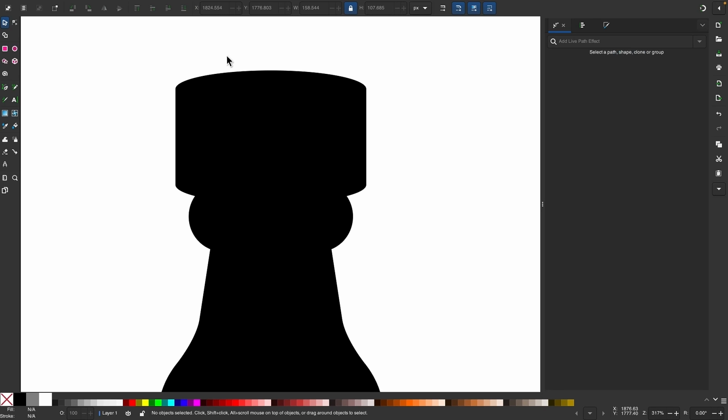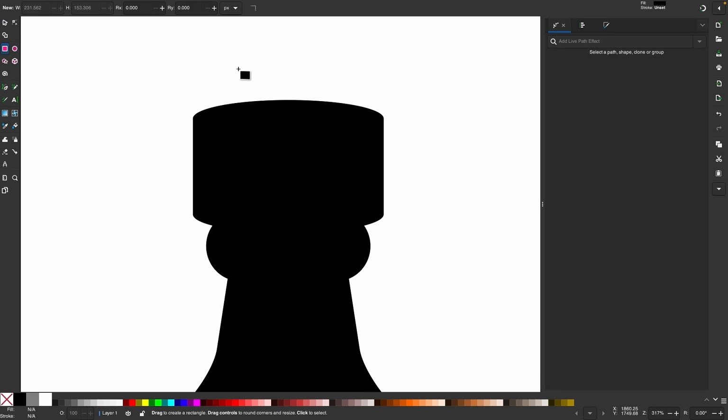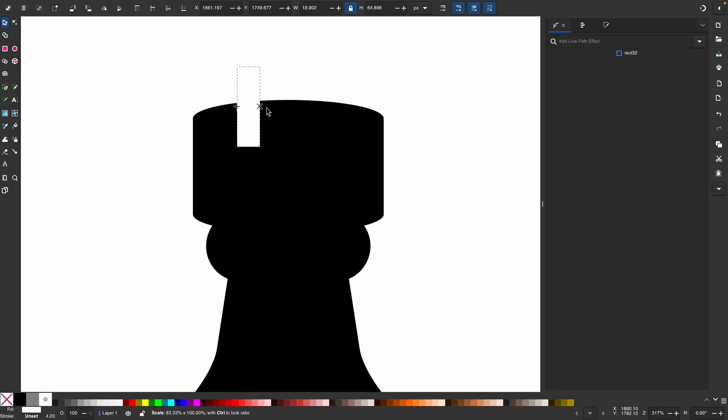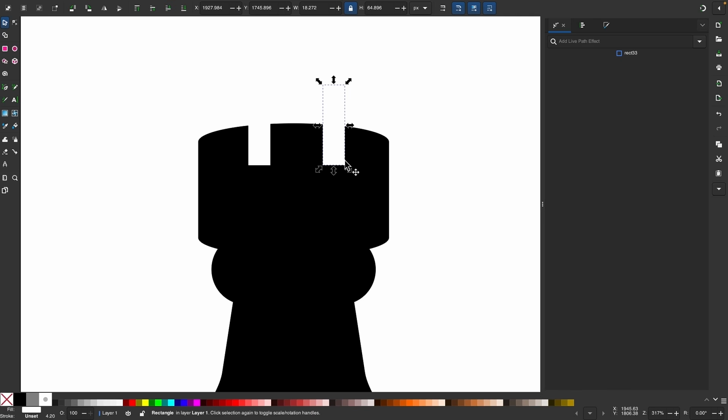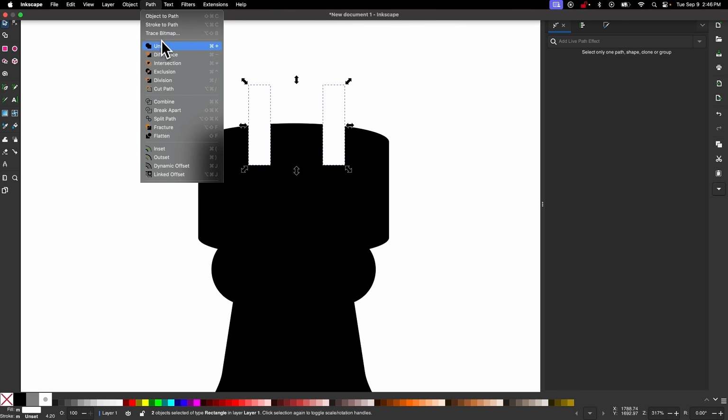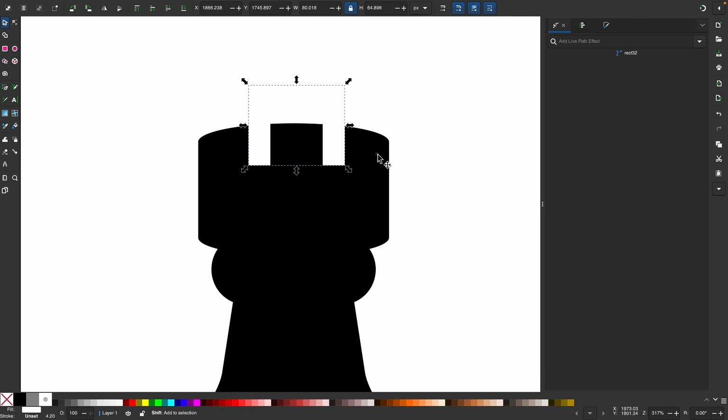And I'm going to put the notches in the top here. To do that, pretty simple. We're just going to use rectangles. Let me make them white so I can see how they look. And I'll press Control D and then hold Control and move it over here to make another copy. And I'm just going to space them apart roughly evenly like that. And then I'll select both of those, unify them together, Path, Union,